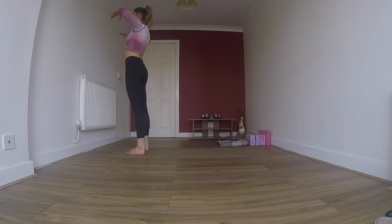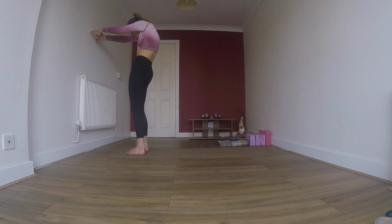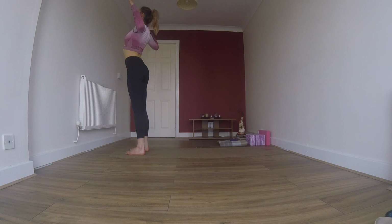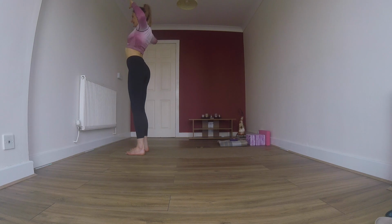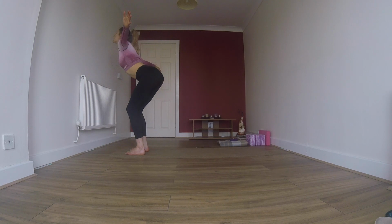Again, bringing the hands to your cactus arms, elbows are in line with the shoulders. Inhale, draw that chest forward, gaze is high. Exhale, rounding it round. Inhaling, drawing it in. Exhale to round. Inhaling. Exhaling. Very nice. Inhaling. This time opening up the arms, hinging from the hips, bending the knees, and swan diving